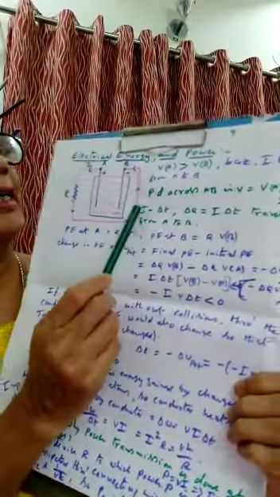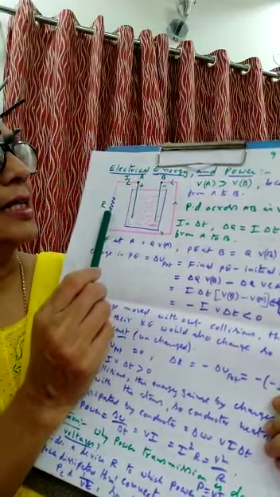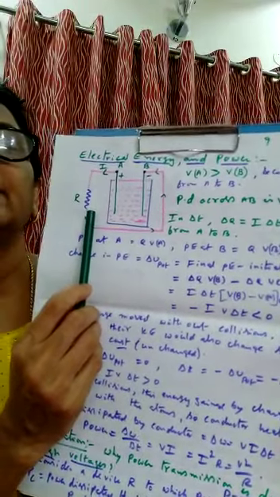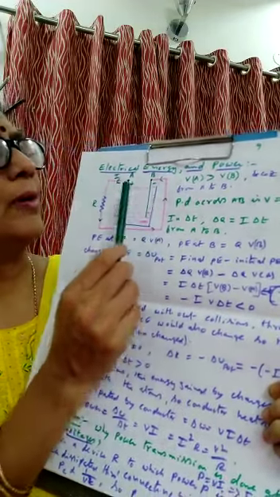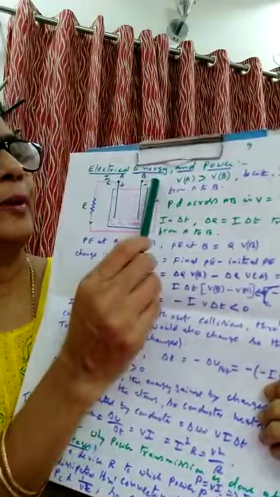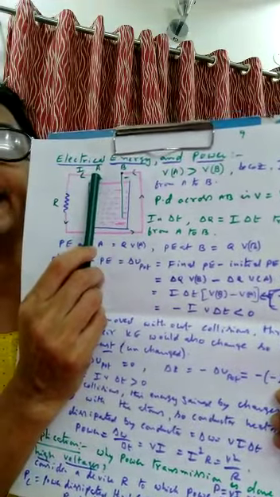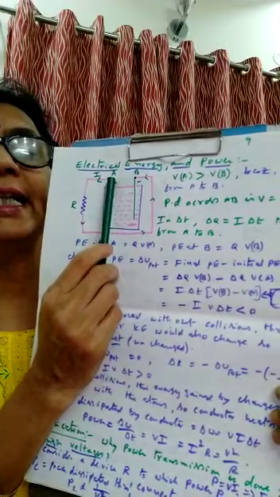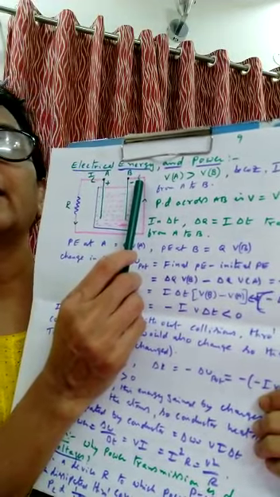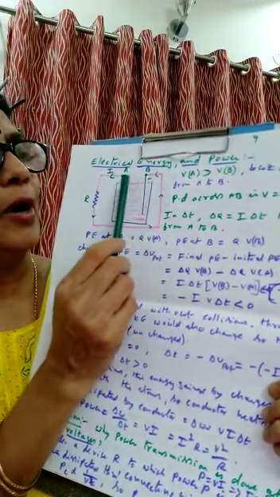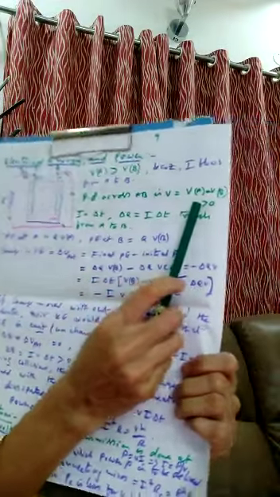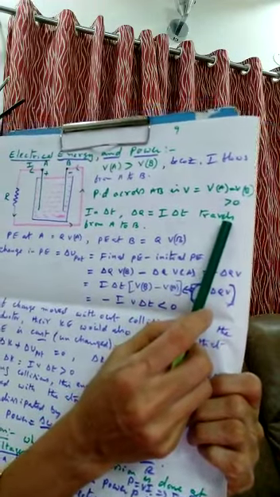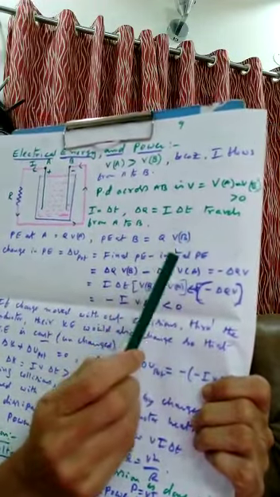It has an electrolyte, a positive electrode and a negative electrode, and with the help of connecting wires, an external resistance is connected between the two electrodes. Current I flows from A to B, because the potential at A is VA, which is greater than the potential at B, VB. So the potential difference between the points A and B is V equals VA minus VB, which is greater than 0, because VA is greater than VB.